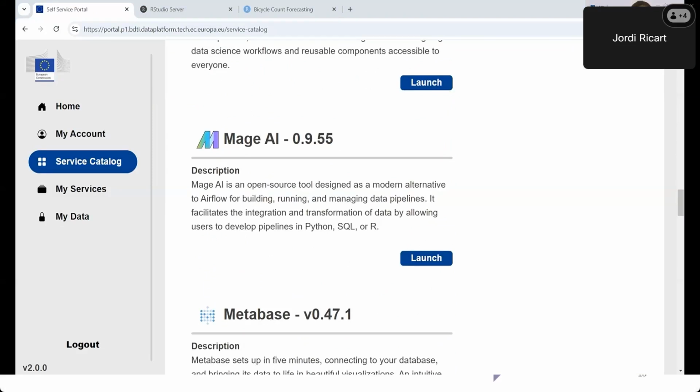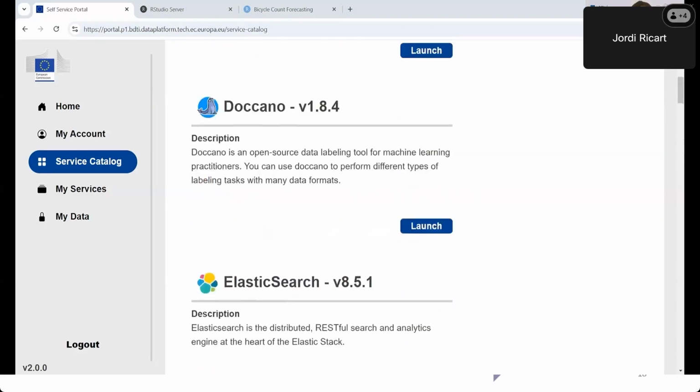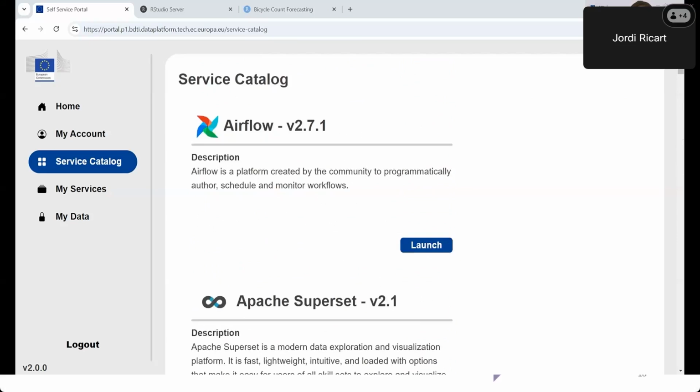Another option available in the BDTI platform is Apache Airflow. This is the first one here. And while we haven't delved deeply into Airflow in this workshop, we did cover it in our previous session on Barcelona Air Quality, so you can retrieve the materials from the workshop in the BDTI Skills Studio GitLab, also the recording. So Airflow allows you to automate workflows by creating DAGs that define your data pipeline, and it can execute R scripts through batch operators, providing a powerful orchestrating tool for your tasks.